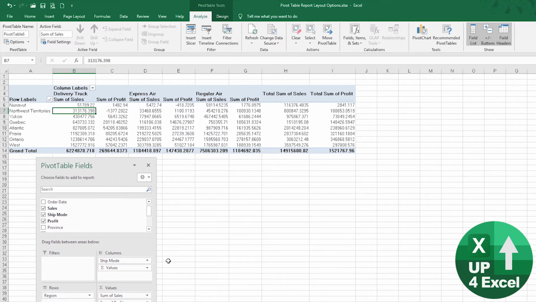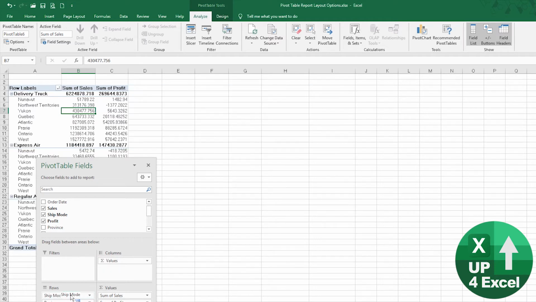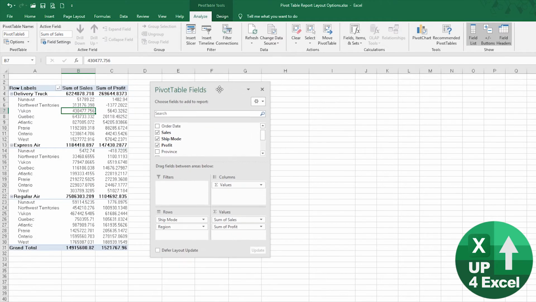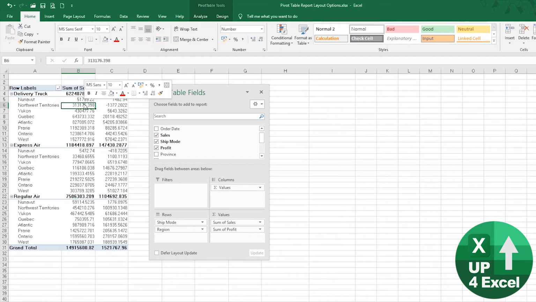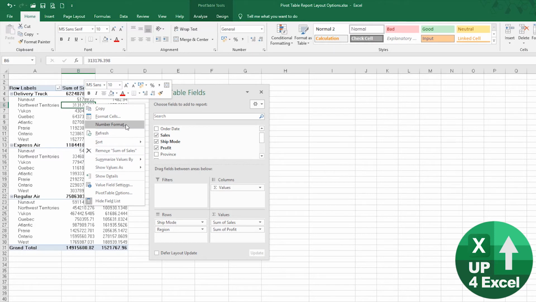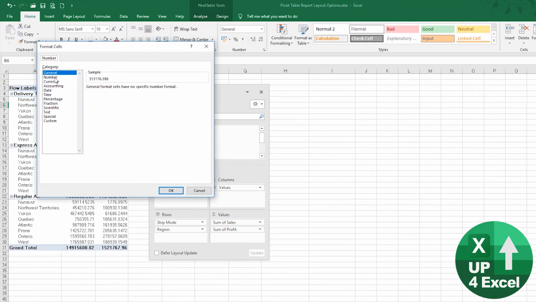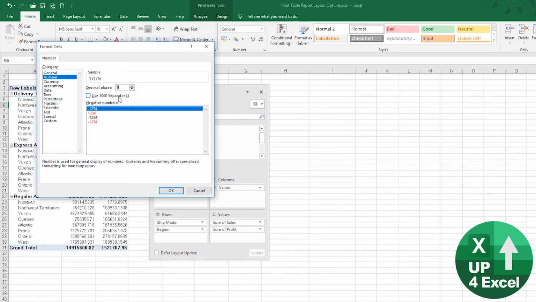So firstly, this is not a very good looking pivot table, to say the least. And one of the things that would make it better straight away is changing the layout so that we can drag these around. I think if we put the ship mode like that, that's probably better straight away, certainly easier to follow. One thing I can do straight away is change the number format. So if I right click on that and click number format, and if we just put this as a number with no decimal places and a comma separator,